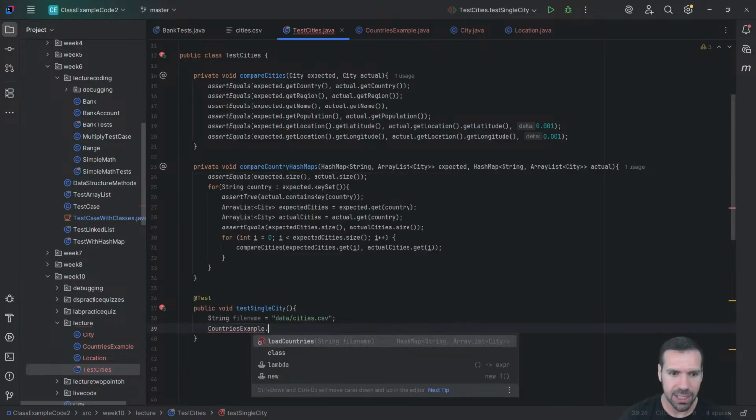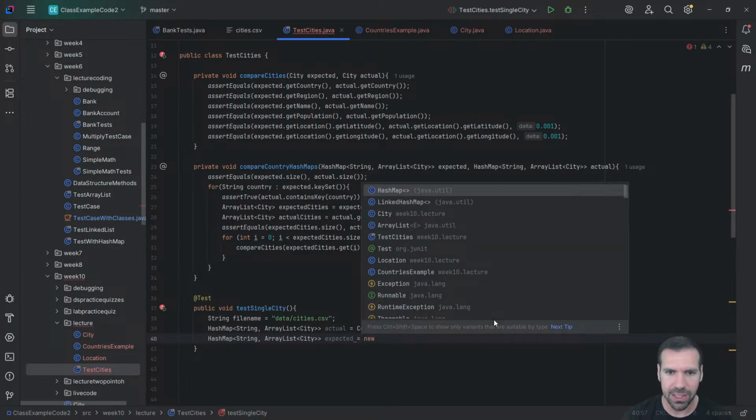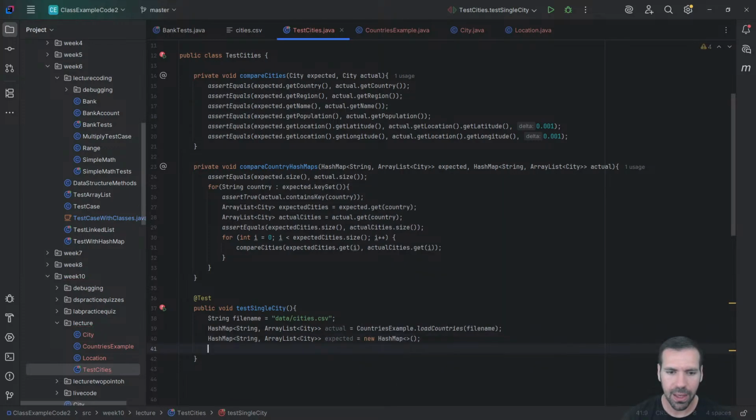So data/cities.csv. And then I'm going to call my method that I'm testing, which is countries example week 10 lecture dot load countries of file name, and that's going to return a hash map of string to array list of cities. And that's going to be my actual. This is what I actually got from the method that I'm testing. And now I need to set up my expected. I'm going to run into a real big issue right away here. I need to do expected.put